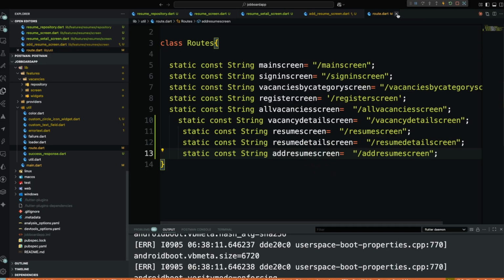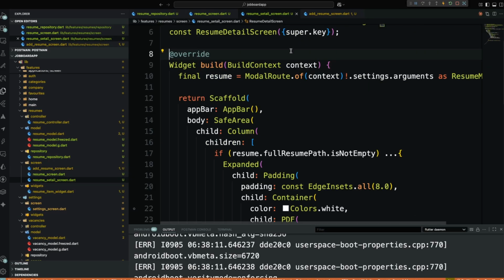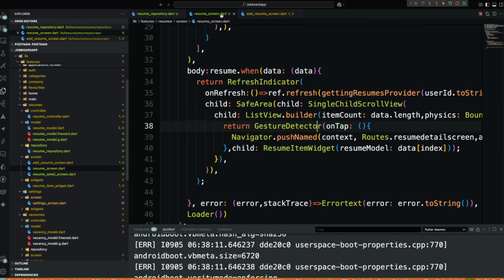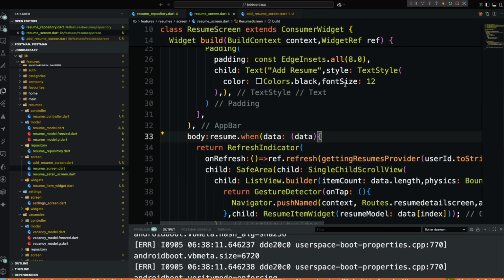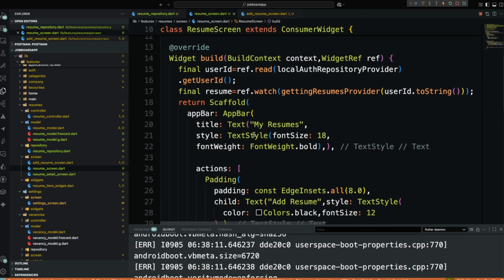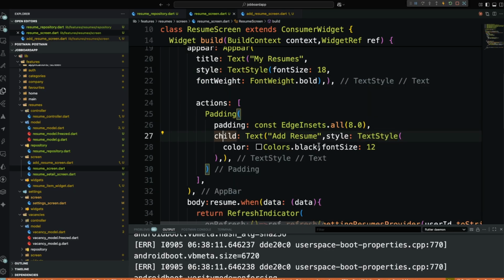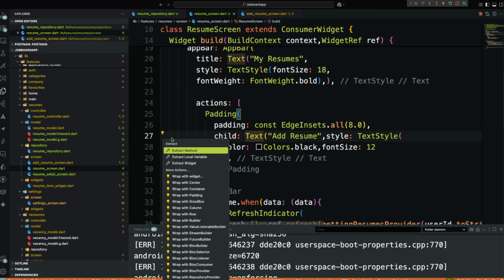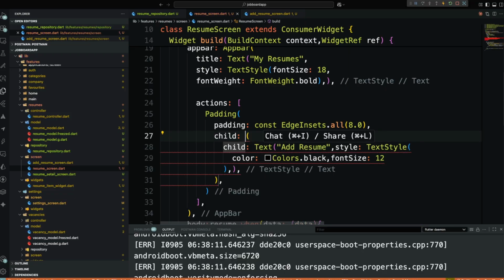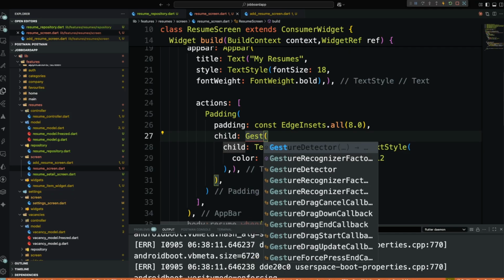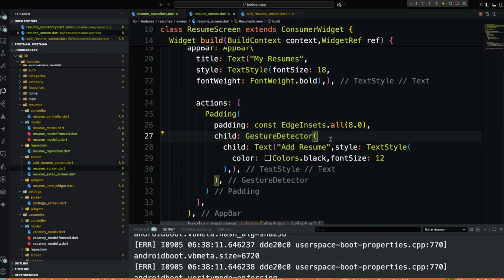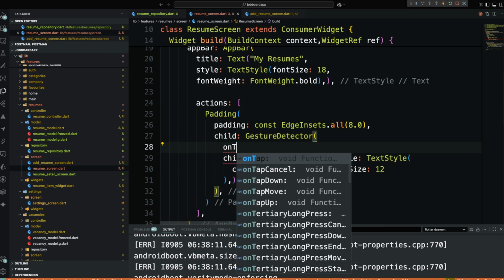So now basically if we go into our resume screen right there, we have this text, my resume, and then we have actions, add resume, right? So what we're simply going to do is let's just wrap it with the gesture detector, and then on tap,